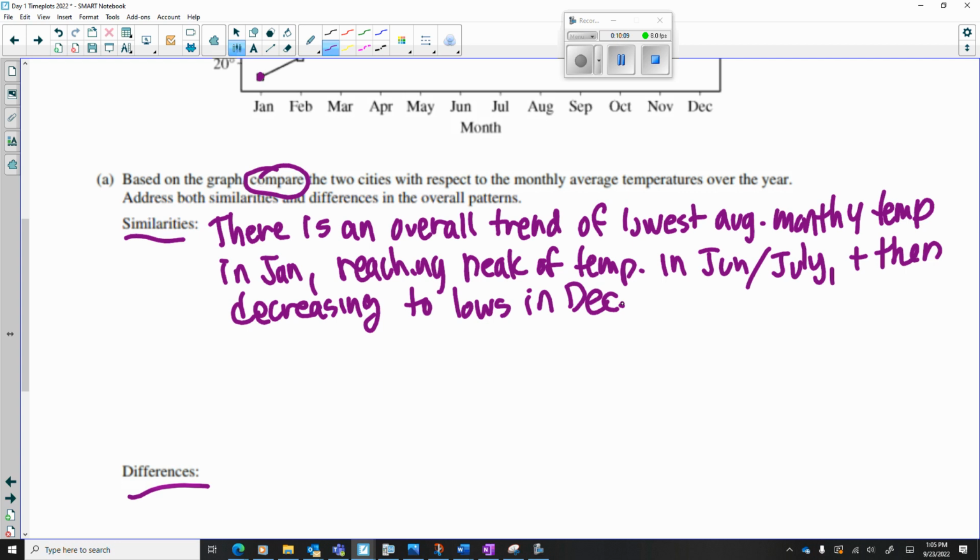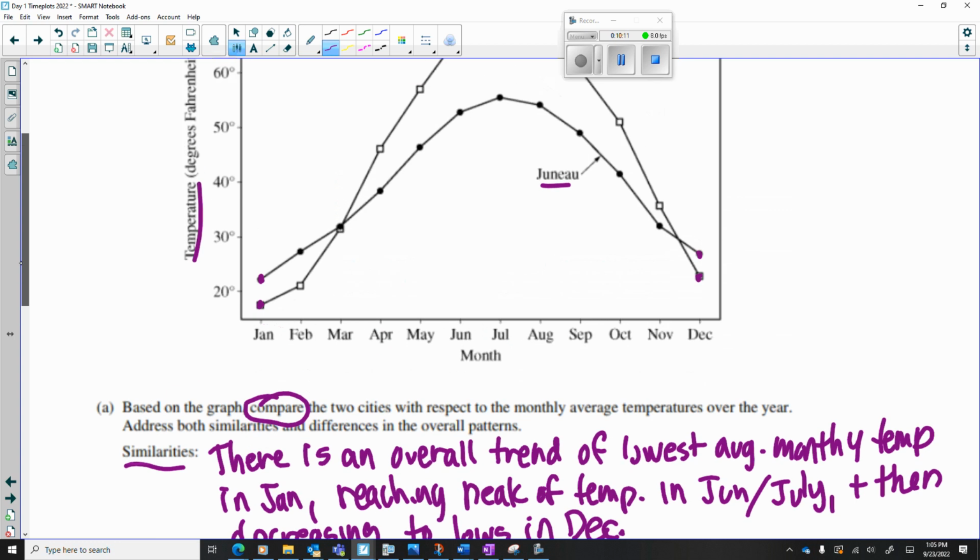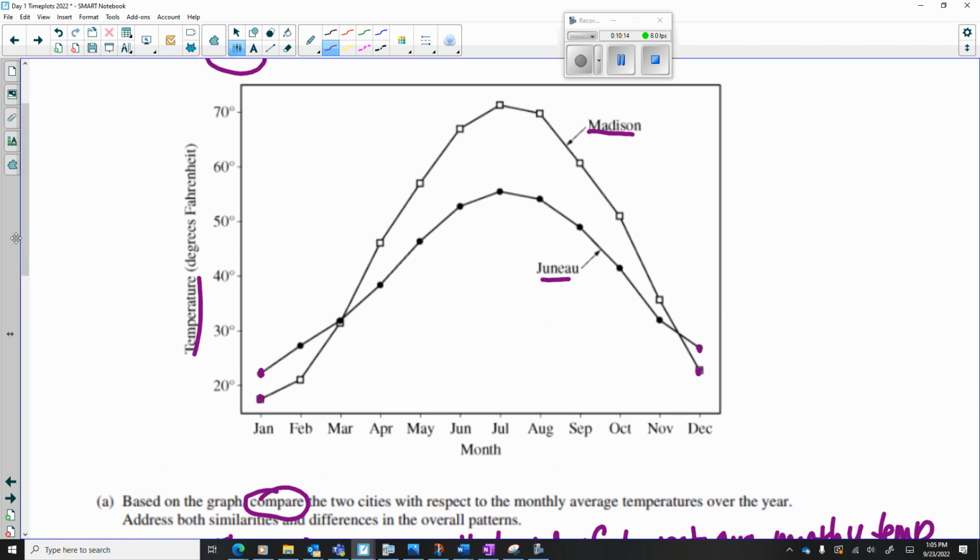All right, now differences. I'm hoping you notice that there is more of a fluctuation or a range of temperatures in this top graph, which is Madison. So you may see that they reach a high of about 70 and they reach a low average monthly temp of about 15 degrees. So if you know anything about Wisconsin, you know that they get really cold winters, but then they also do experience summer. So you could find the range by doing about 70 minus 15, and you'll get 55 degrees,